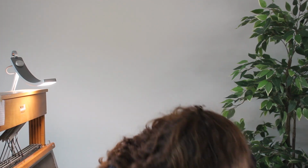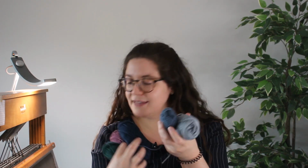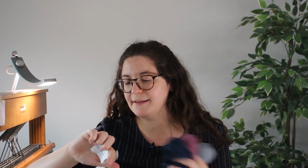So I dropped one. Of all the yarns that I have ordered for them, I actually picked up those 5 colors in order to be weaving the scarf, the first one. So I have this deep jungle green that I also use in my Christmas table runner. I have this here, and I believe the name is Plum. I have navy, and I have 2 types of blue. I can't remember the name, but I will provide the names down below. I have written them down